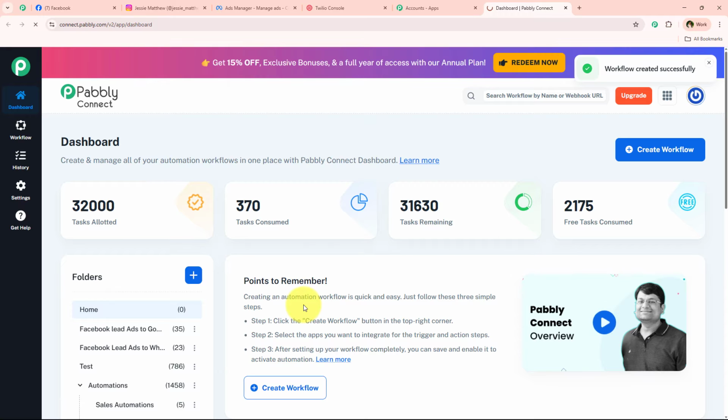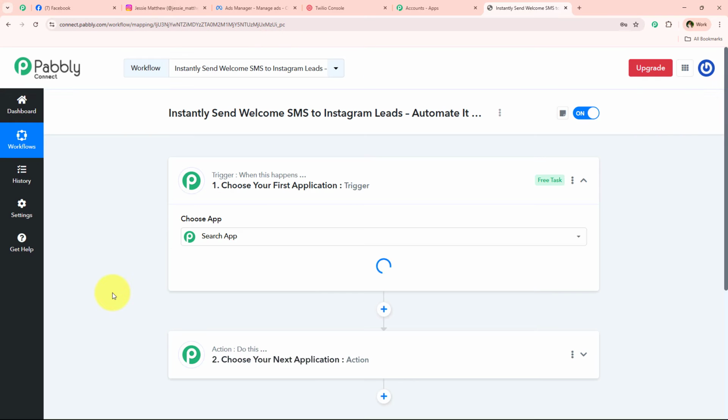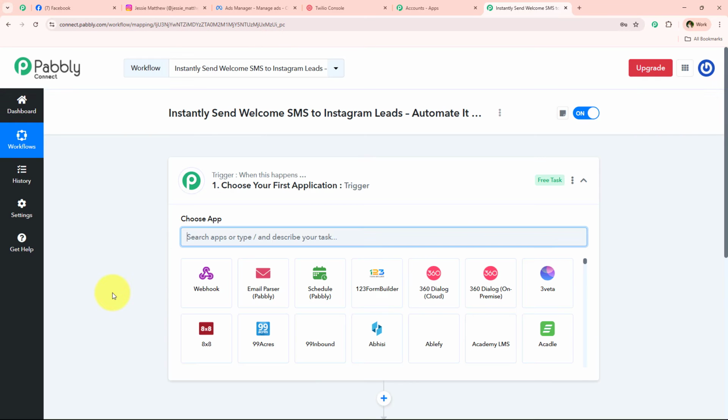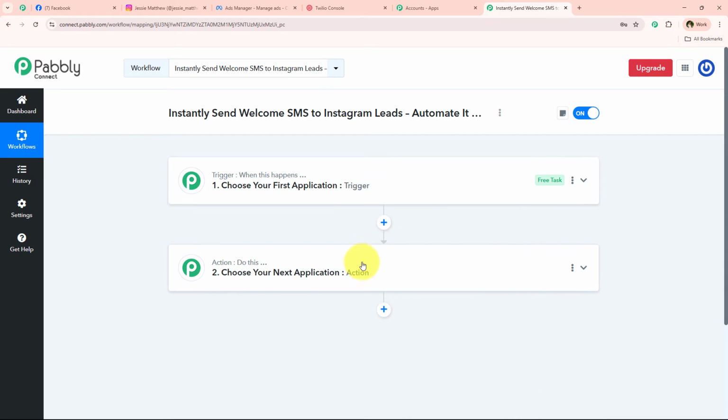And once I click on this create, it is going to open the most important window of our automation, which is our workflow window. So this is the most important window because we have trigger and action in this. Trigger and actions are the two main principles on which our workflow is going to run. Trigger means when this happens, and action means do this. So by this you can understand that the actions are a response towards the commands given by our trigger, and that's the particular reason that we can have only a single trigger but